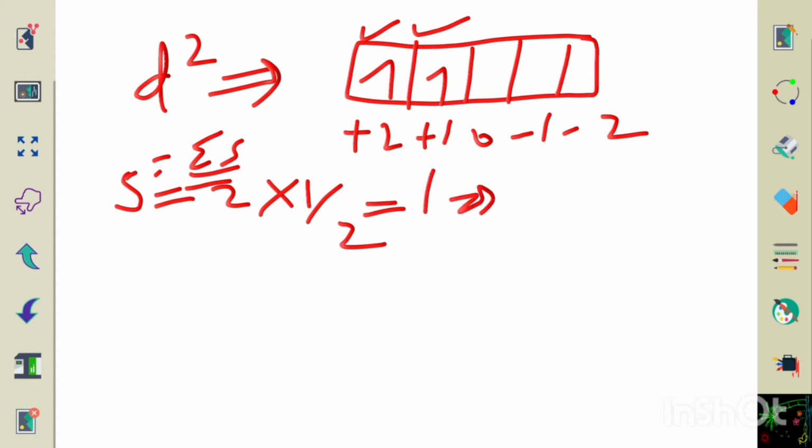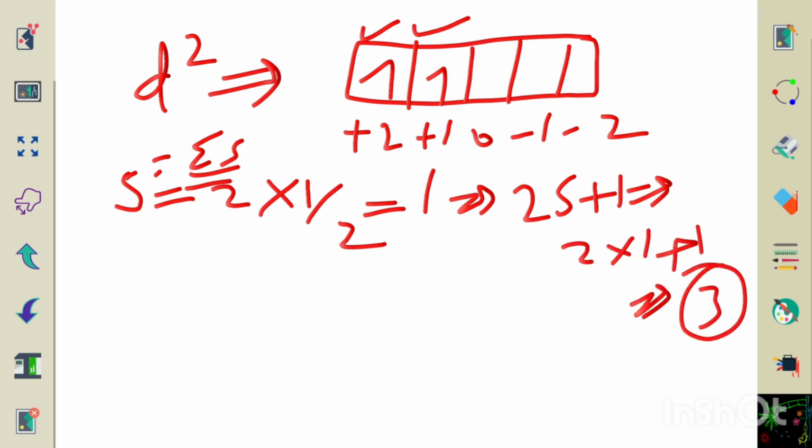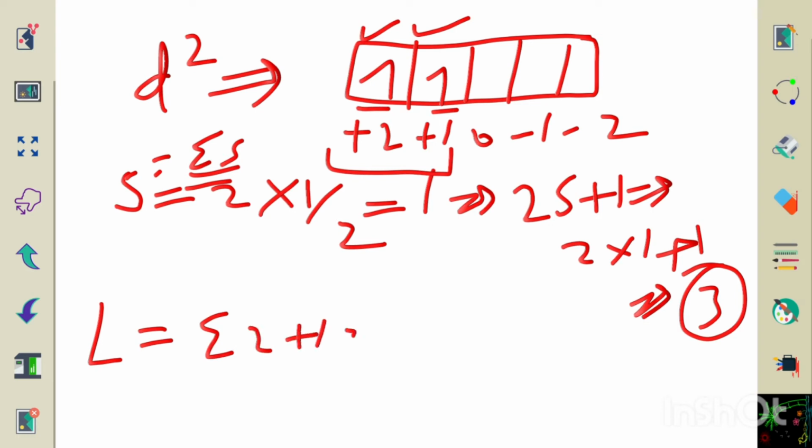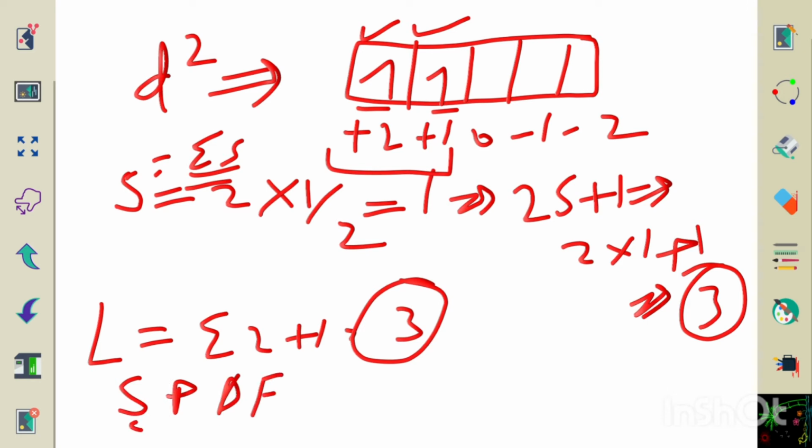Now find out the multiplicity. Multiplicity is 2S plus 1. It will be equal to 2 into 1 plus 1, that will be equal to 3. So in the formula, we will write 3 in the superscript. Now let's find out the L value. Capital L value will be equal to the summation of these two, so it will be 2 plus 1, that is equal to 3. L value is 3, which means it belongs to which one? It belongs to F, because S, P, D and F are 0, 1, 2 and 3, right?